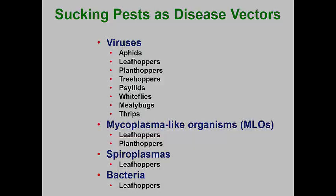Insects that take in fluids and move from plant to plant always have the potential of vectoring diseases. In the case of sucking pests, they are extremely efficient vectors of a host of virus diseases. Most of these diseases are important in vegetable production, but some of the viruses, like aster yellows, can severely affect ornamental perennials. Elm yellows is a major mycoplasma that kills elms, and it is vectored by leafhoppers. There are also quite a few xylem-infecting bacteria that are transmitted by leafhoppers. These bacteria often cause scorch problems in